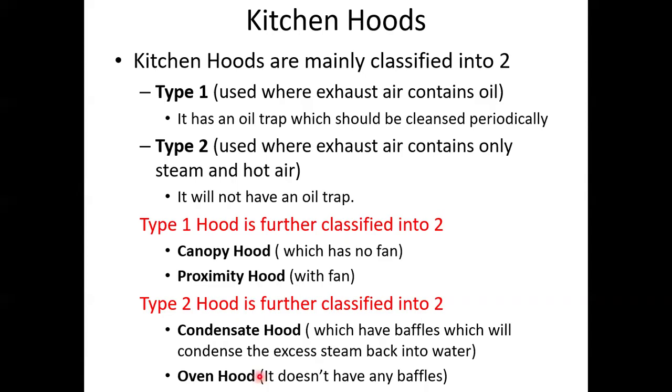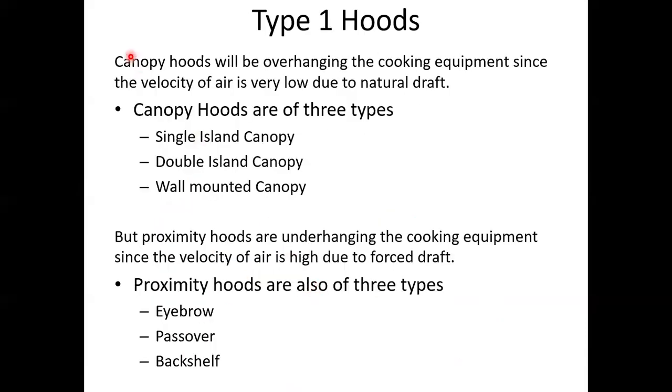Condensate hood has baffles to trap the water vapor and condense it back into water droplets. You can see these baffles will condense the excess steam back into water. The oven hood is a constant normal one; it doesn't have any baffles. Now let's hop over to the canopy hood arrangement and proximity hood arrangement. Let's check the canopy hoods first. I told you canopy hoods will be overhanging the cooking equipment,